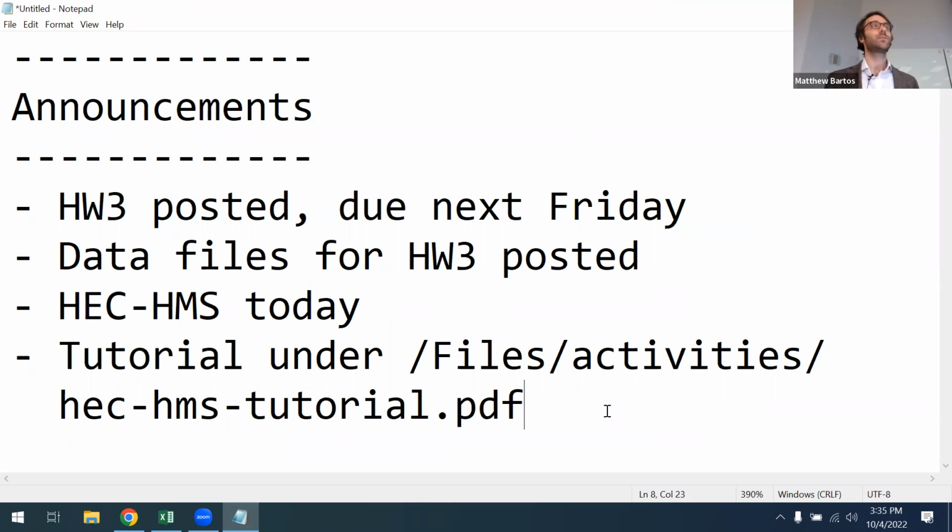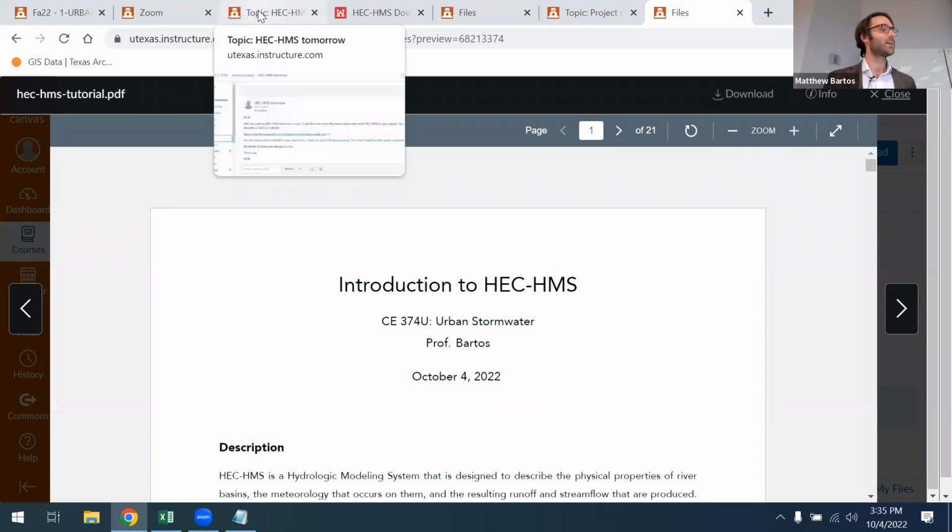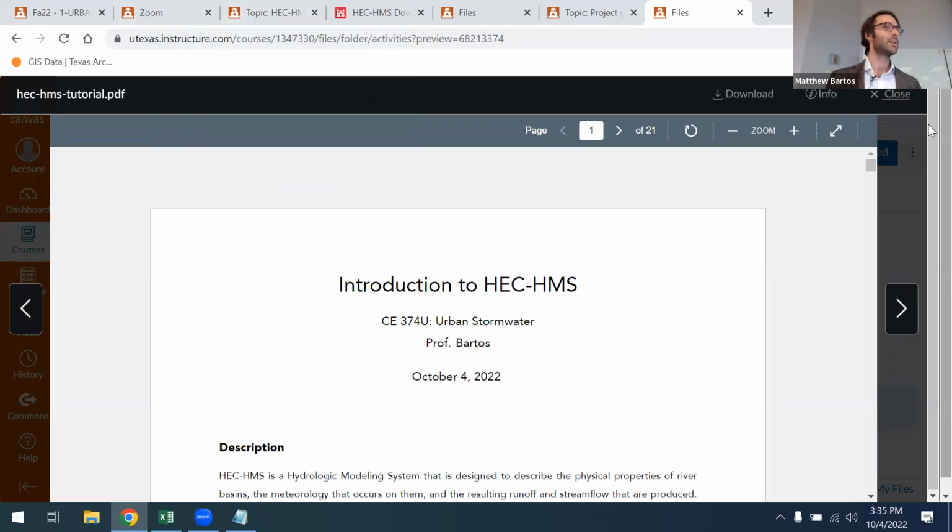Is anyone having any difficulty installing HEC-HMS? Yes. It's not on virtual desktop. Okay. There is a Mac version of HEC-HMS. Yeah, it says it currently can't be downloaded, to contact the software. Okay. So I would just recommend following along with your group members for today, and we will try to figure it out. I feel your pain as a Mac user myself. Okay. But you can find a download link for HEC-HMS.